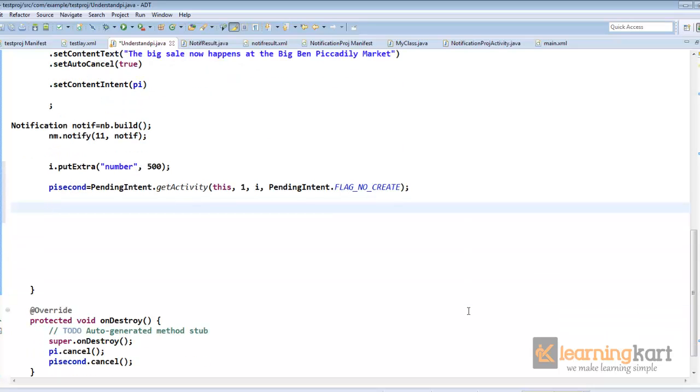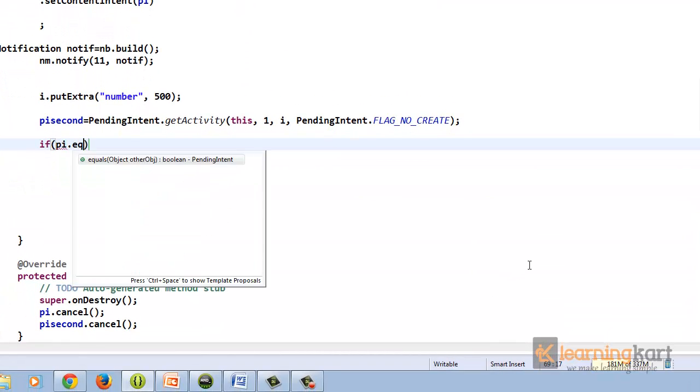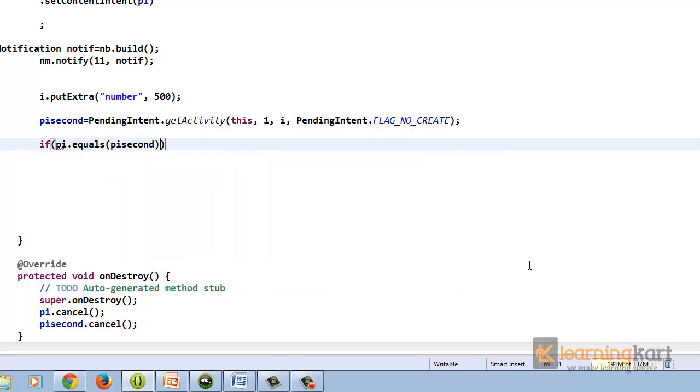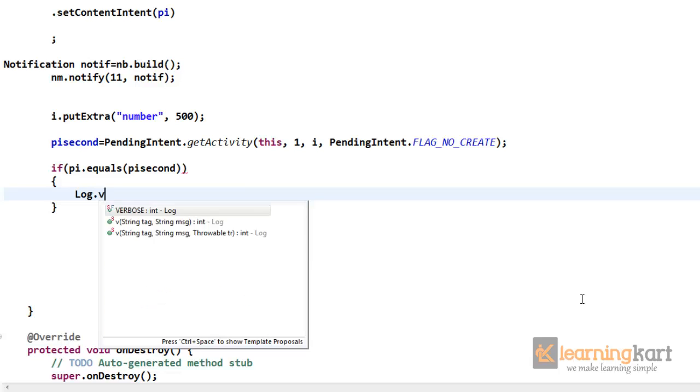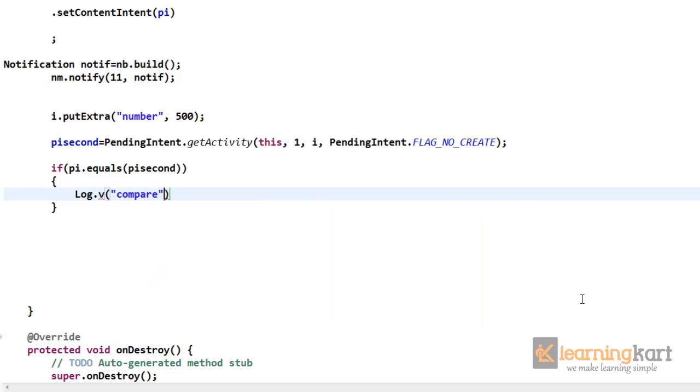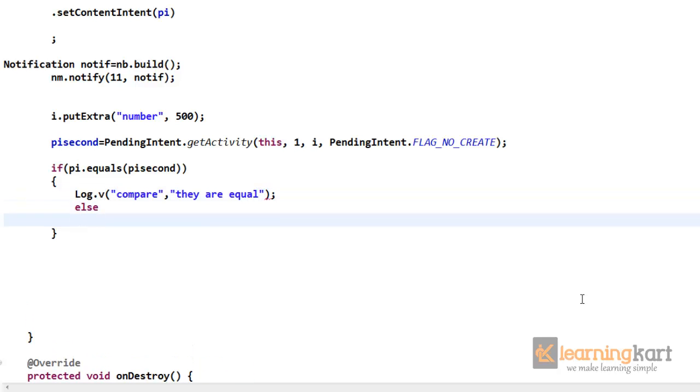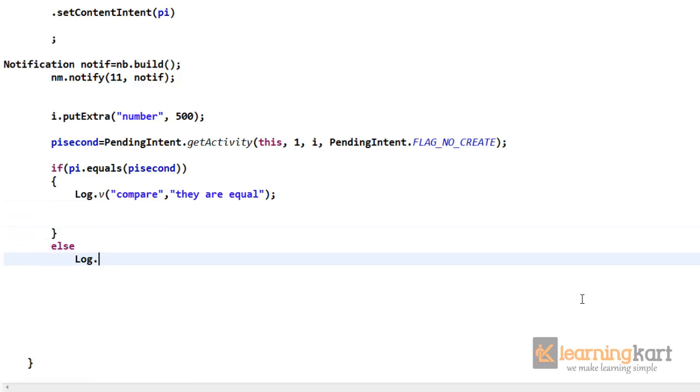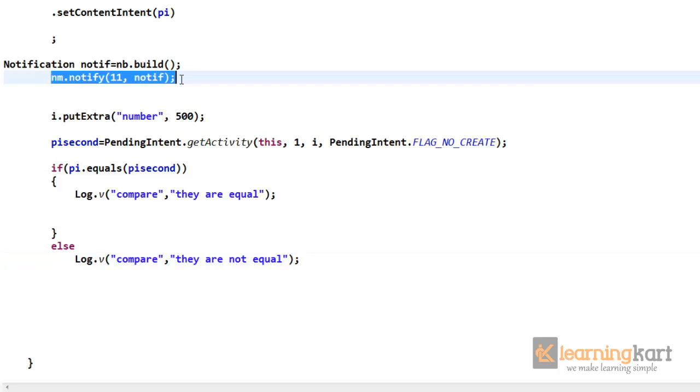Then let us put some check to compare these two objects, log some value, to just check whether they are equal or not equal. And then we'll again issue this notification,